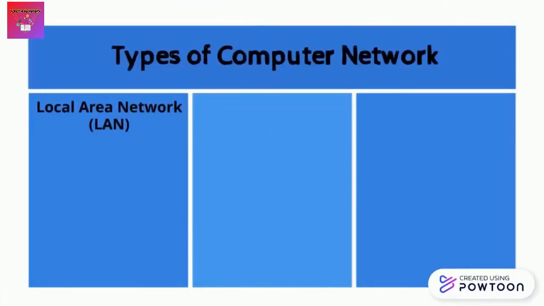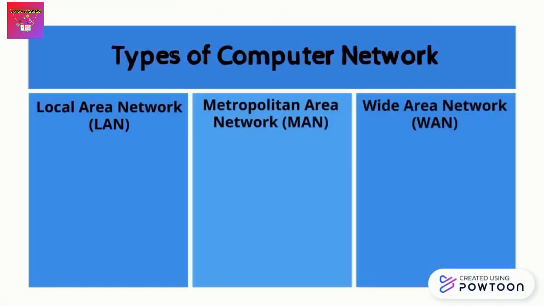There are three types of computer network. Firstly, local area network. Secondly, metropolitan area network. And thirdly, wide area network. A local area network connects network devices over a relatively short distance. It is used for connecting two or more personal computers through a communication medium such as twisted pair, coaxial cable, and etc. The data is transferred at an extremely faster rate in local area network. It also provides higher security.